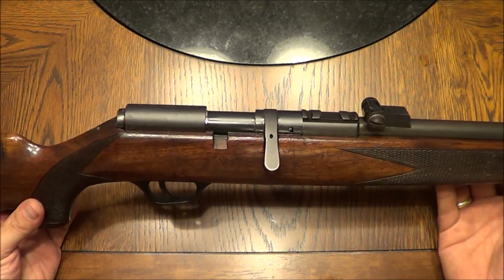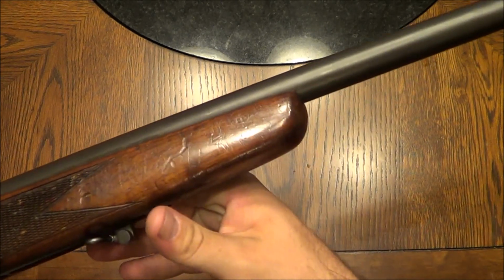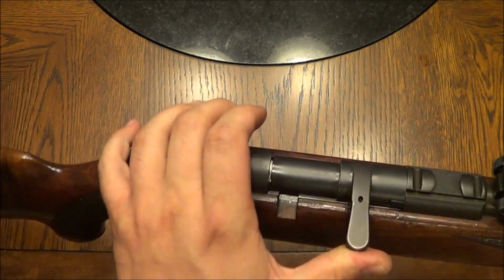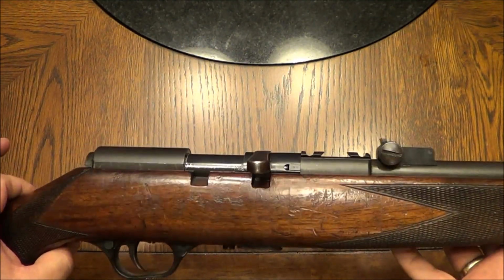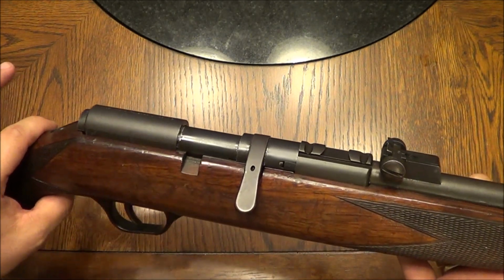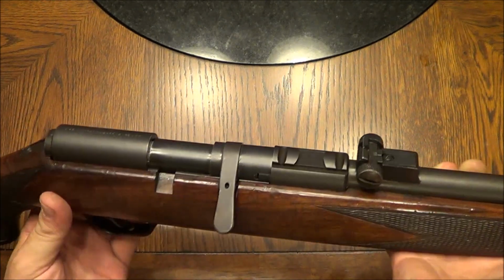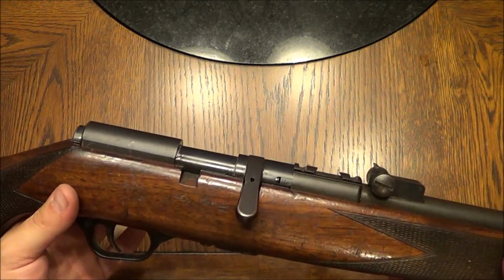Back at you with a really cool firearm. This is the Beretta Olympia 22 long rifle, bolt action and semi-automatic rifle. So this gun will shoot both bolt action or semi-automatic. Now in this video I'm not going to show you me shooting the gun or any real review of the gun. That is to come. In this video I'm going to show you how to take this thing apart for a standard field strip